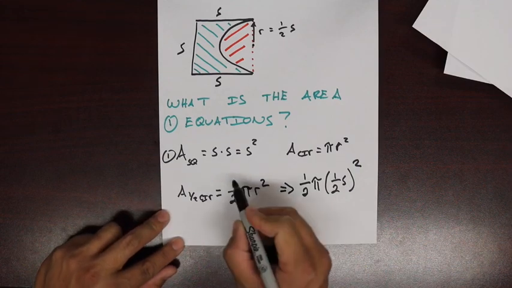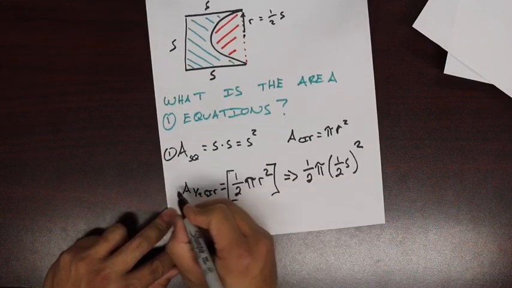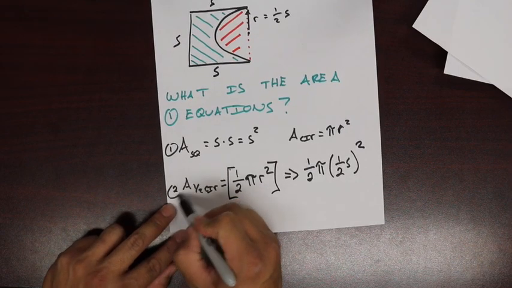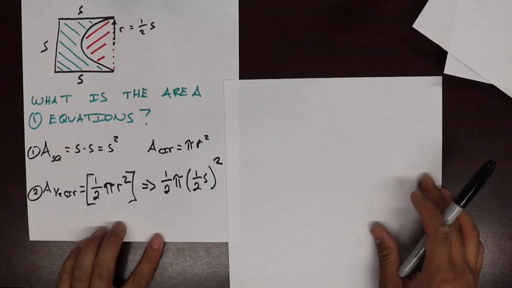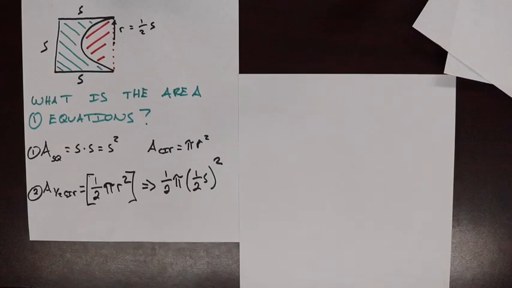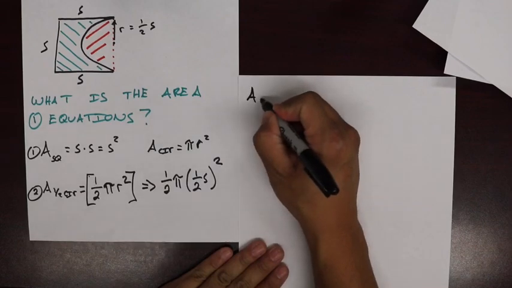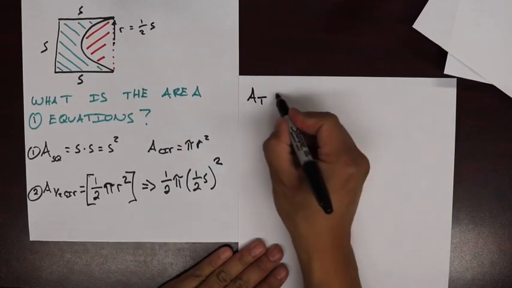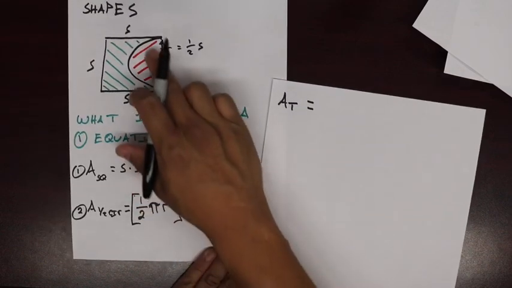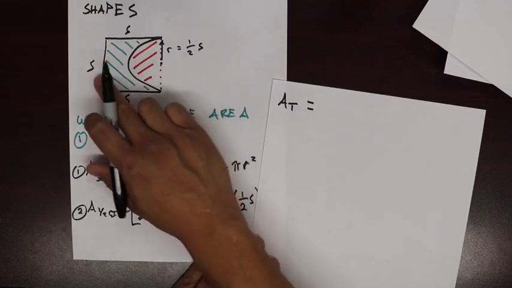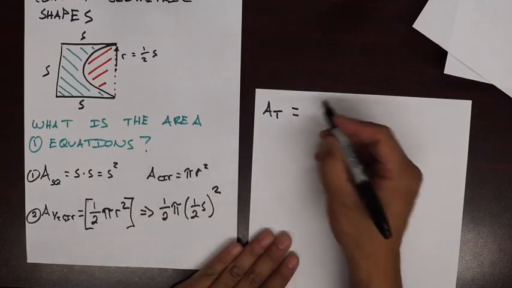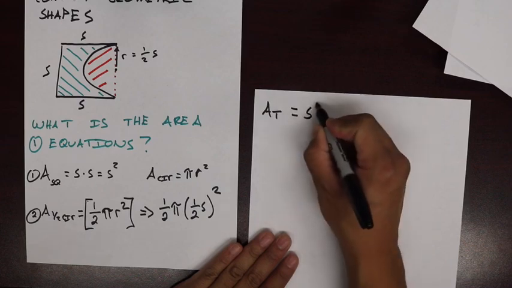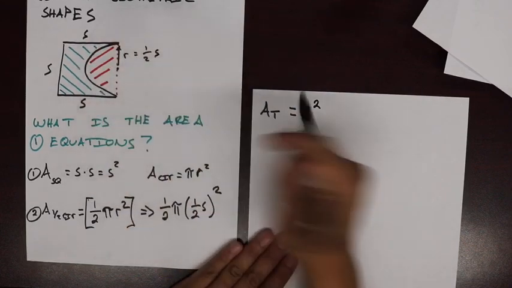Or we'll just go back to this is the equation that we want to focus on here. We'll put this off to the side. We'll cover it up a little bit. We'll rewrite our problem. Hopefully you can still see all that. All right, so now what we're saying is, what is the total area of the square? Well, we know that we're doing a subtraction, right? We're taking away a certain amount of space. So we're going to start with the area of the square, so side squared, but now we're going to take away this half of a